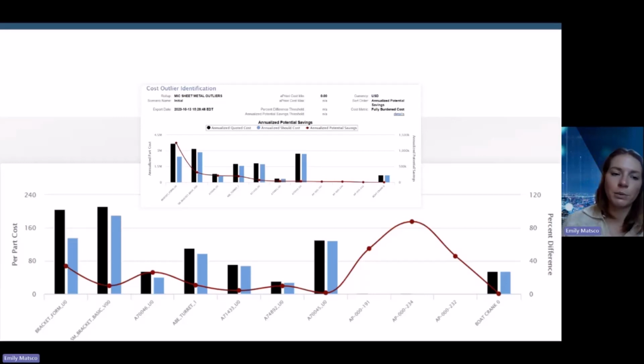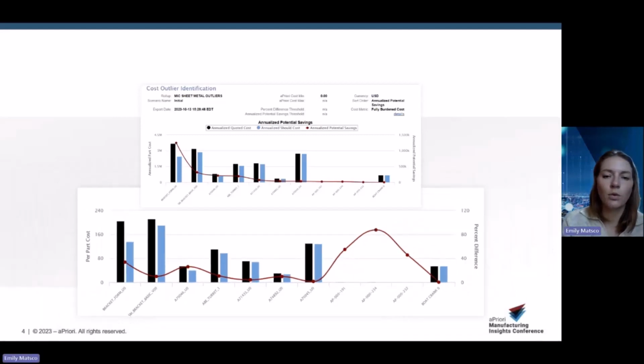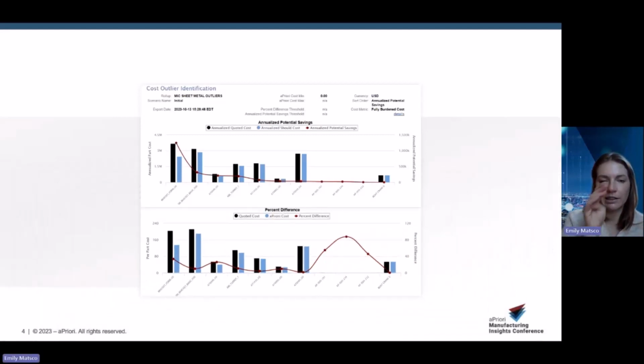Because if you only have a 2% difference between the piece part cost and your quoted cost, you're really haggling over pennies on the dollar with your supplier. And that's not as productive as some of these conversations where you see a 10, 20% difference. And so looking at these two charts, this is the output of the cost outlier report out of the box